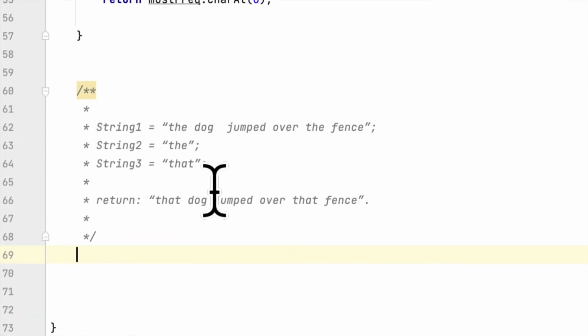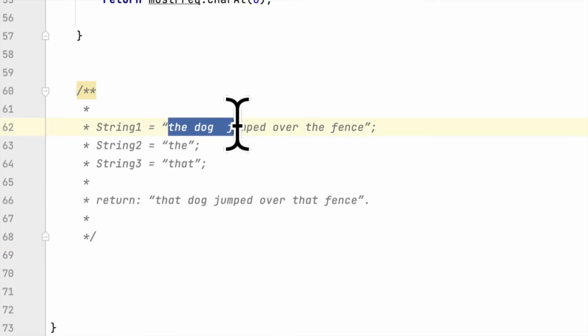So basically, we have to accept three strings: string 1, string 2, and string 3. The first string has this sentence: the dog jumped over the fence. And string 2 has "the", and string 3 has "that". So basically, we have to